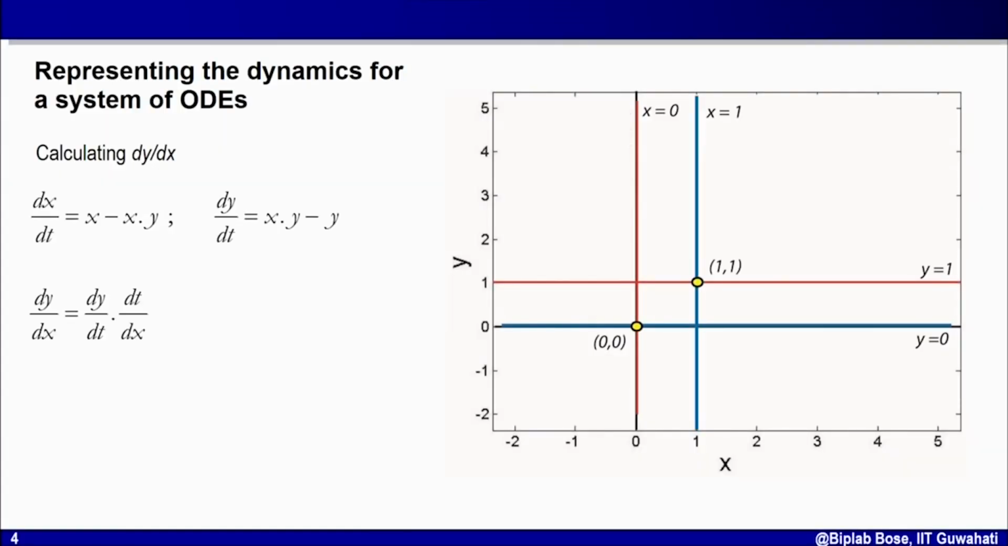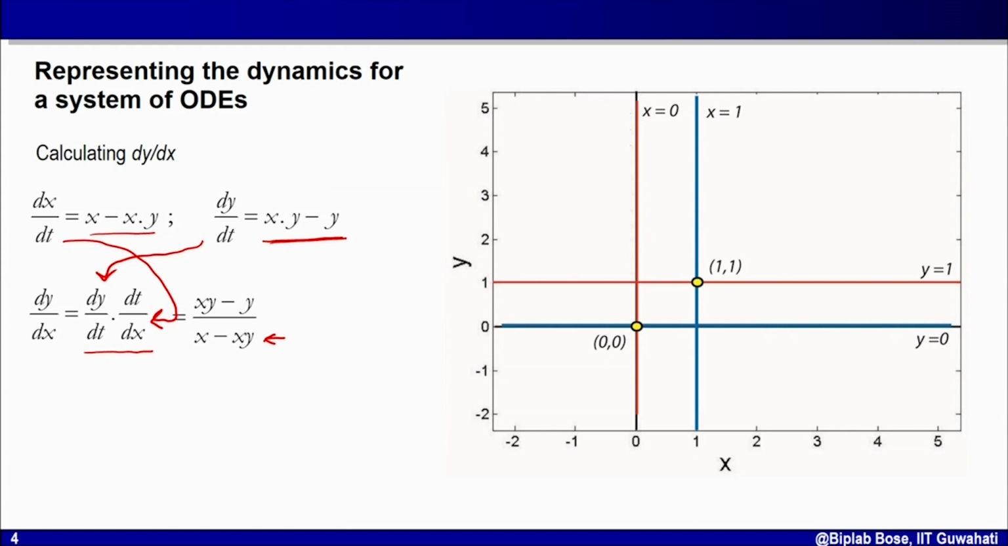Let's see. So dy/dx I can write as dy/dt times dt/dx. Now dy/dt is already given from the original ODE, and I can invert dx/dt to get dt/dx. So what do I get? I get xy minus y, this is dy/dt, times the inverse of this one. So inverse of this one is here. So I have dy/dx, which I calculated from dx/dt and dy/dt,